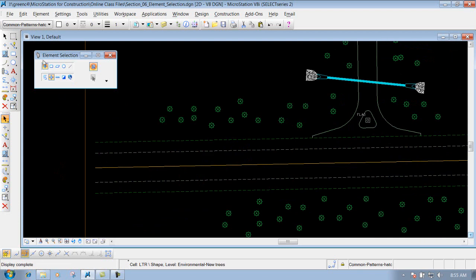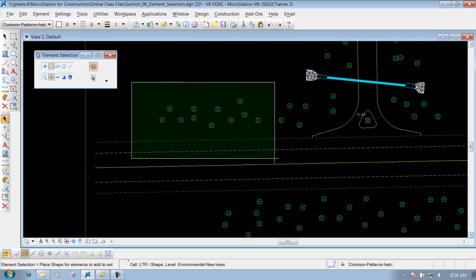Zoom out a little bit. Let's change our method from individual to block. I'll leave my mode set to plus. This here allows me to create a block around the items that I want to select. So let's say I would just want to select these trees right here. All I have to do is get a little bit above it, left click once, drag it out,